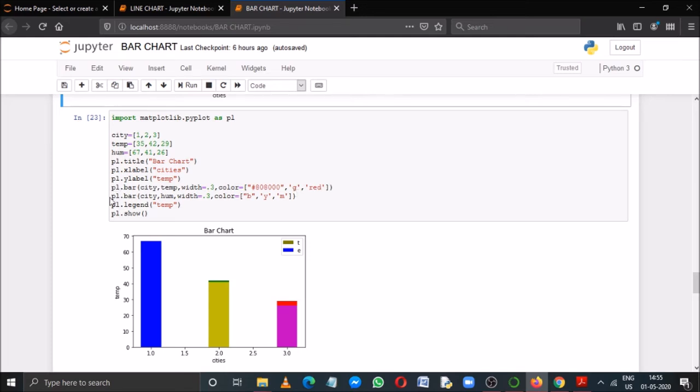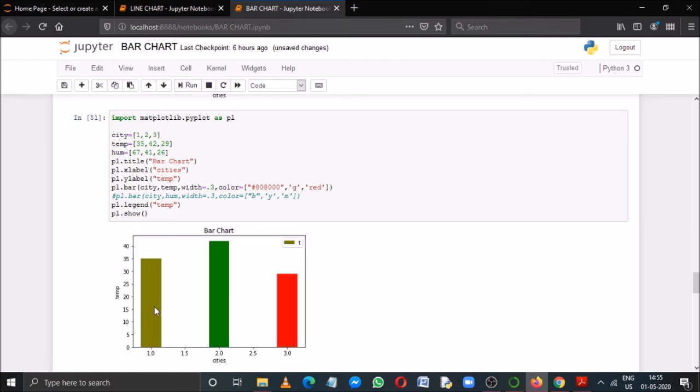Now suppose if I make the second line a comment, if I just ignore it, then you see the first bars will be appearing for city and temperature.